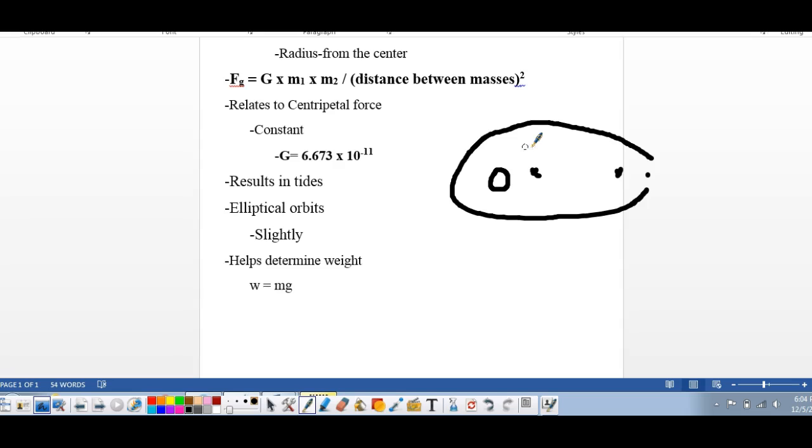And what's also important to remember about gravity, it helps determine weight. So each person, when they go to the doctor, they get their weight determined, and really what they're getting is their mass times their gravity, because we have weight because the Earth is pulling on us. It's a force that's pulling on us. So we're on the Earth, right? There's a person standing there. Okay,